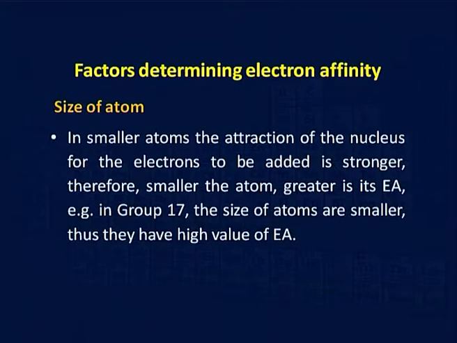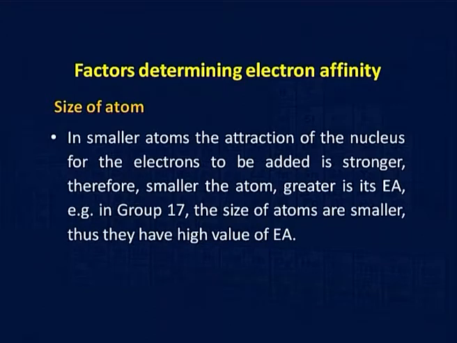Therefore, the smaller the atom, the greater is its electron affinity value, because in smaller atoms the nuclear forces of attraction are very high, and due to this they gain the electron readily. For example, in the 17th group, the halogens, the atoms are smaller,